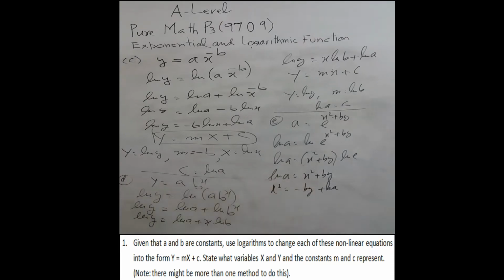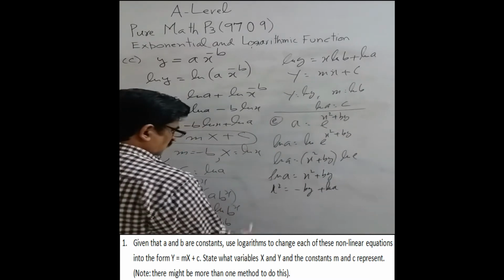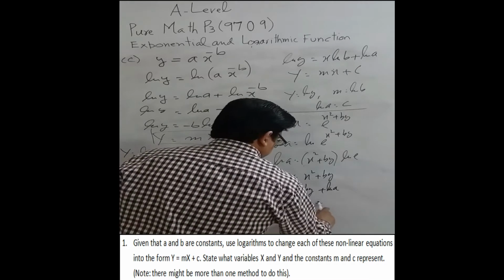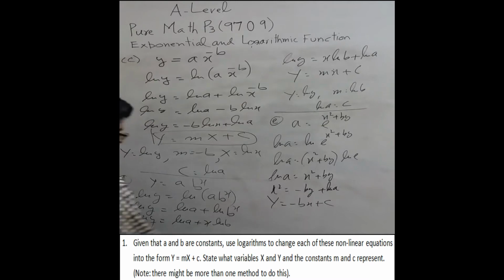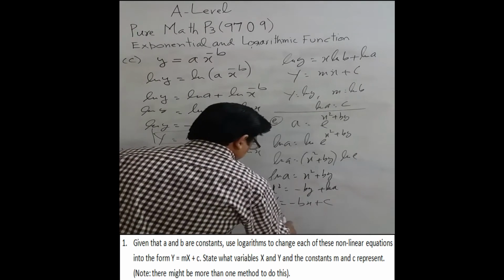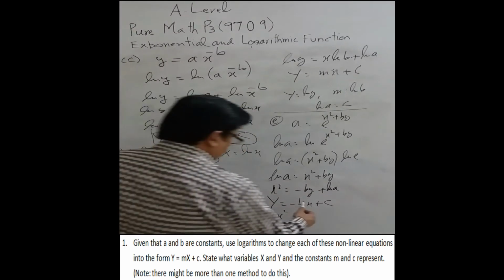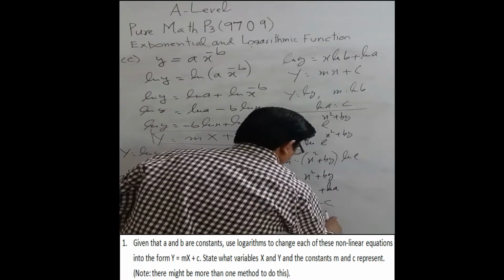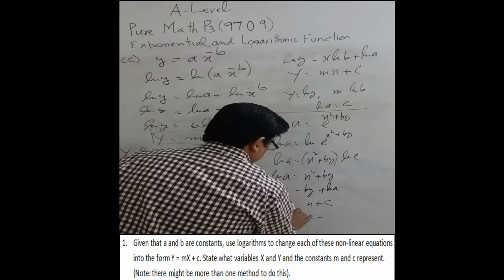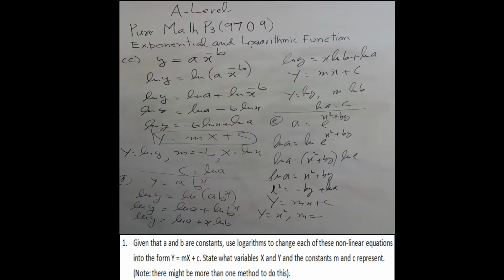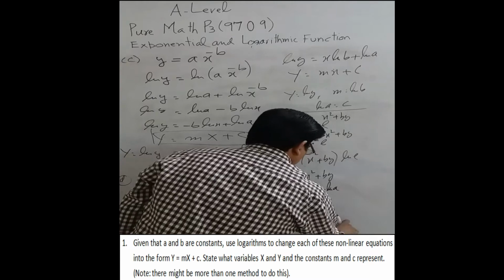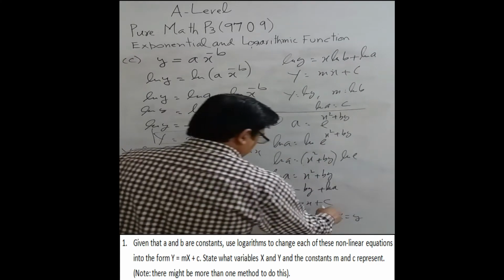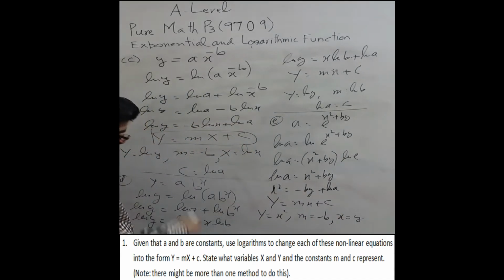Here we have an important point, a different situation. So this is now y and this is minus bx plus c, which means that we have taken this as y and our gradient is minus b. You can write it as mx plus c. So m is minus b and your x is now y and y-intercept is of course ln a.